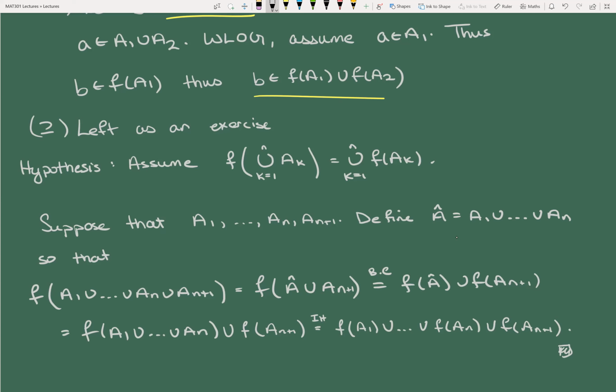Let me ask you the question though, does anyone think that this is true if I change union to intersection? Like, is it true? Is it false? What do we think could go wrong if it's false? Or do you think that if we went through with the proof, we'd be able to get it? Does anyone think it's true for intersection?